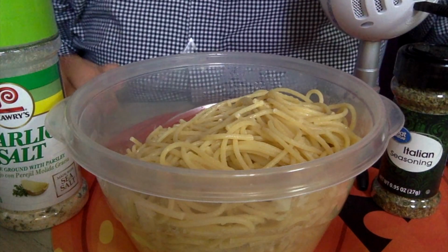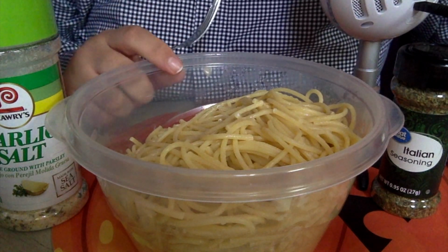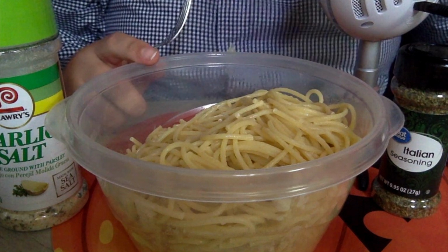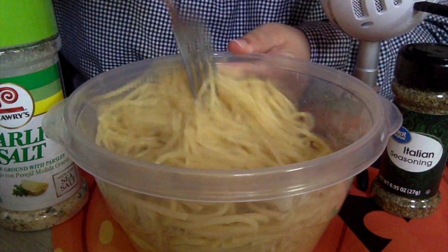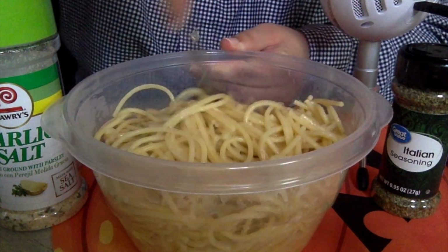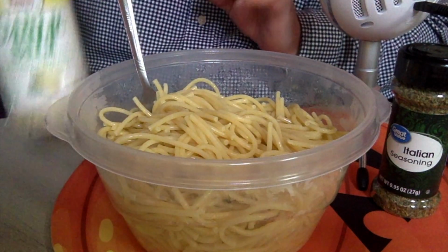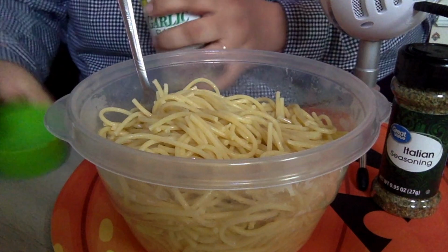Okay, so what you're gonna do first is get some spaghetti noodles and either drizzle them with olive oil or butter, or both if you're feeling a little frisky. So I use butter on mine, and you just sort of mix the butter in. And next I take my garlic salt and just